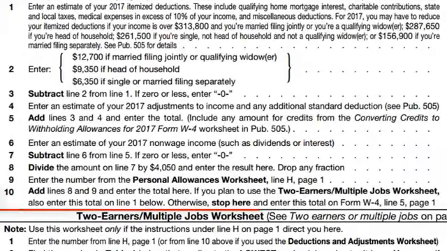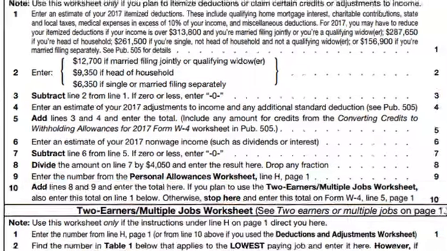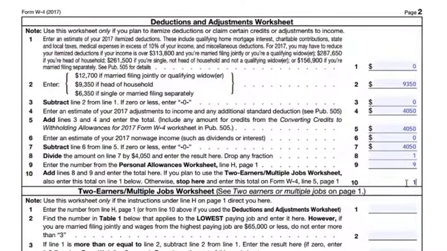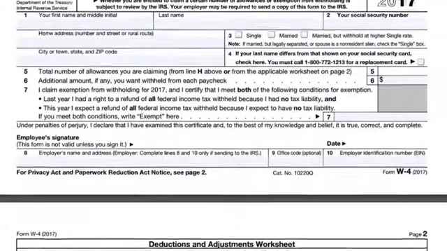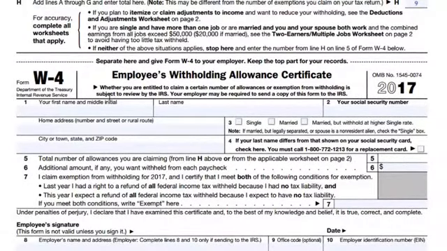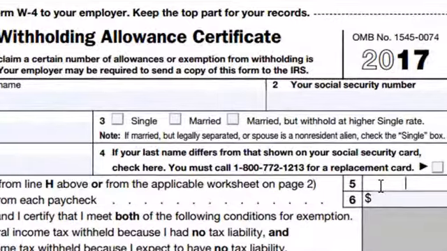Line 10. Add lines 8 and 9 and enter the total here. If you plan to use the Two Earners Multiple Jobs worksheet, also enter this total on line 1 below. Otherwise, stop here and enter this total on Form W-4, line 5, page 1. Line 8 plus line 9 equals 10. Susan does not plan to use the two earners multiple jobs worksheet, so she puts 10 on line 5 of